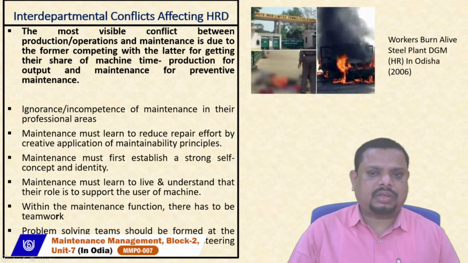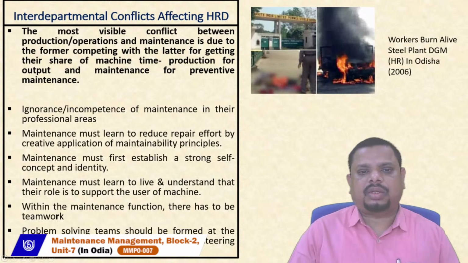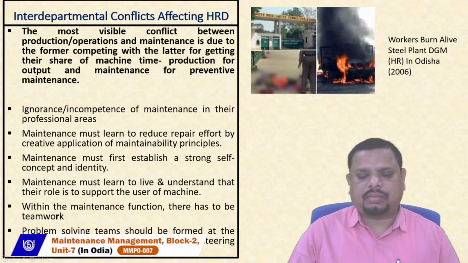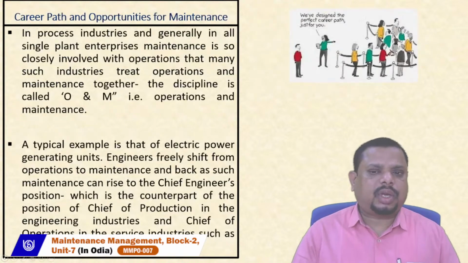Production workers are daily wages workers, while maintenance has a few employees on the company payroll and a few daily wages workers. Due to the formation of a number of labor unions, the irritation level over wages increased and brought about this kind of accident, especially in the case of Graphite India Limited in the state of Odisha. Moving to the next one.